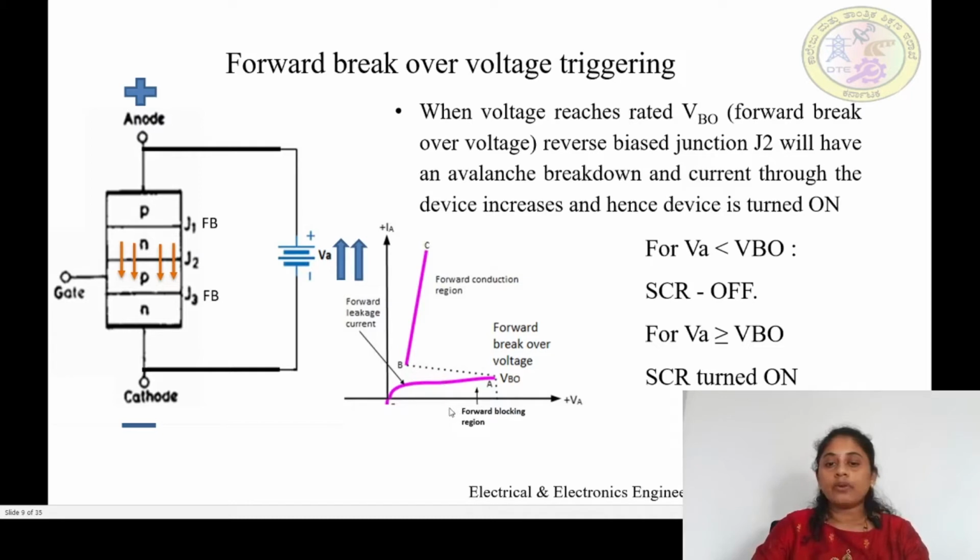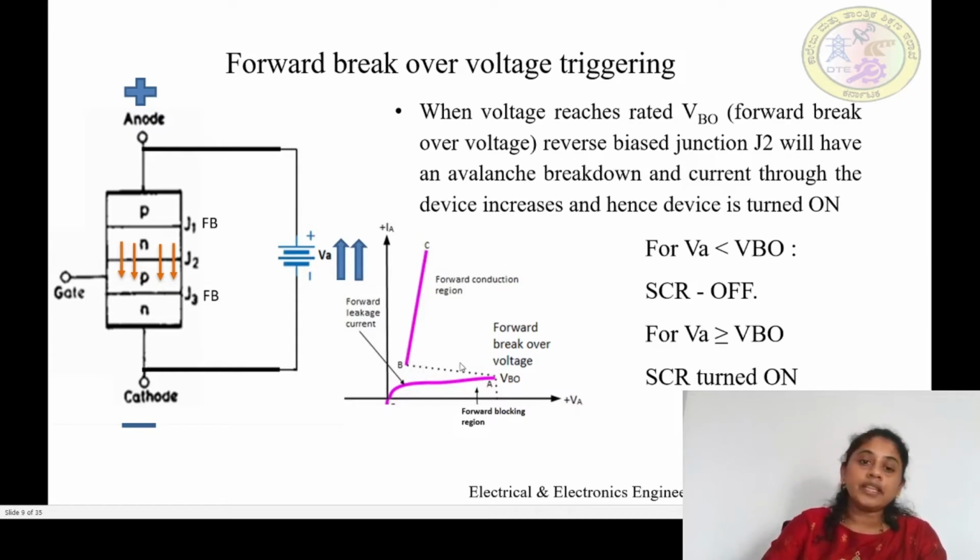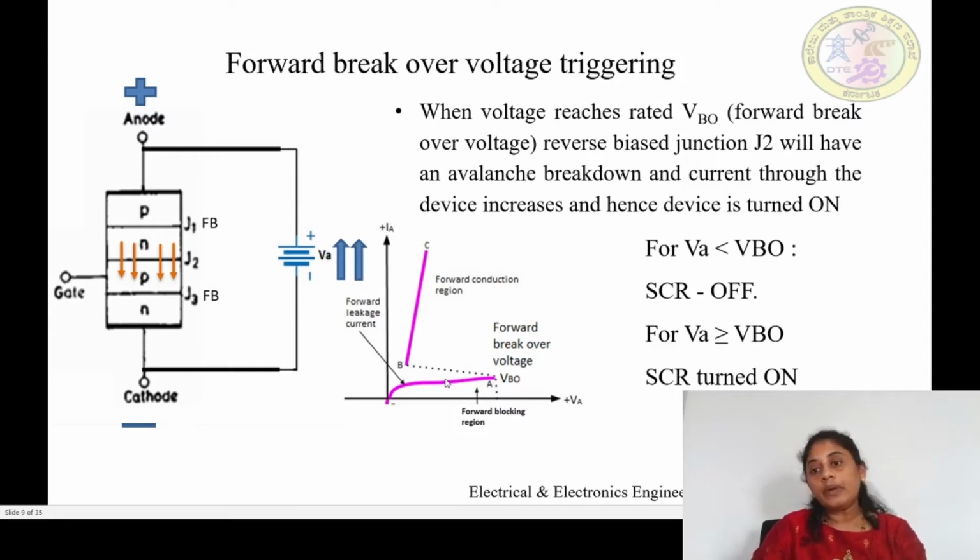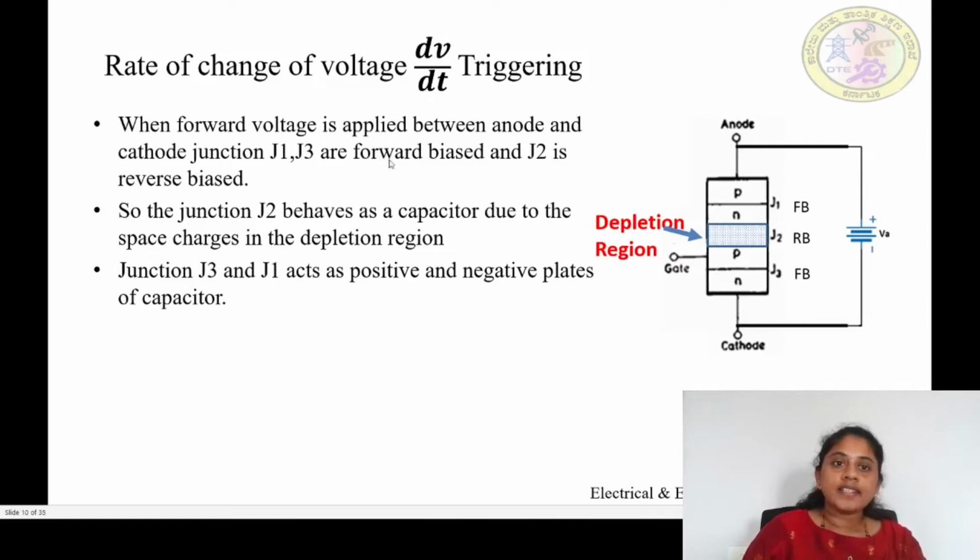Once the anode cathode voltage reaches the rated breakover voltage, the junction J2 breaks down and current starts flowing. Here you can see the anode current has been increased. So this is forward breakover voltage triggering. This method is not usually preferred because rated breakover voltage is usually higher than the supply voltage and it may disrupt the SCR. Now let us see the second method of triggering, that is rate of change of voltage dV